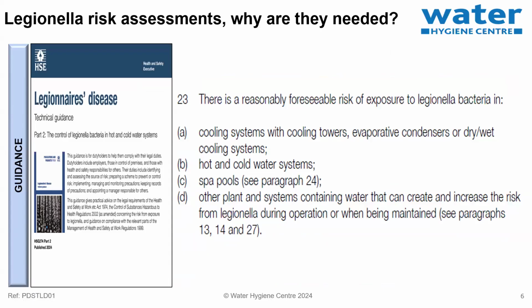What is the risk that needs to be assessed? Well, the HSE have come to the conclusion that there are 4 areas, and this is within the documentation. This is within HSG 274, which is the guidance part. So this is the pure guidance aspect. HSG 274 is the pure guidance. The Approved Code of Practice has got that special legal status. And then further ahead of that, we've got the statute documents, the Health and Safety at Work Act 1974 and other documents and legislation. But the 4 areas where this has been described as a foreseeable risk are cooling systems